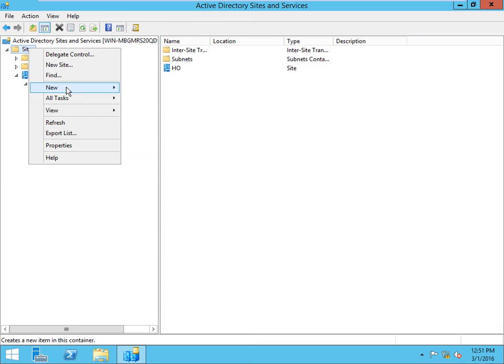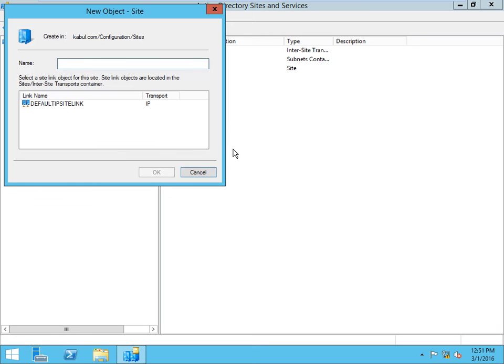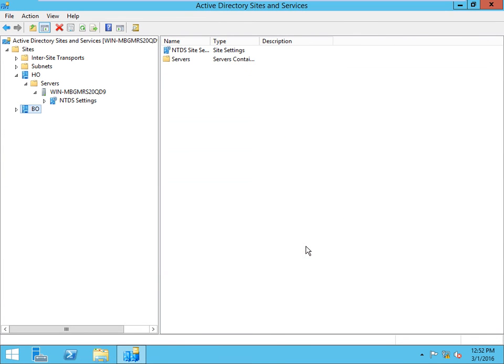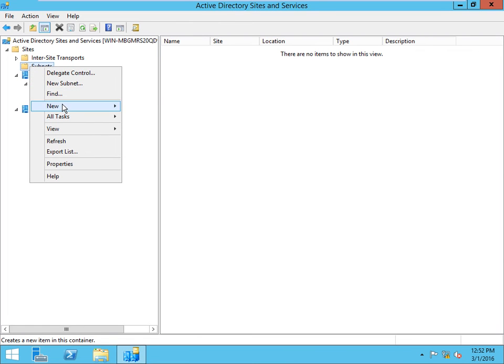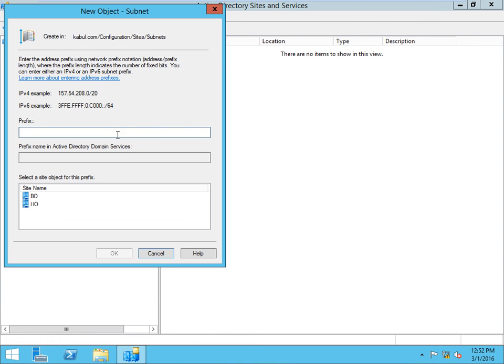Right click, new site, branch office, create like this. Okay, no problem. Now here we don't have the system, later it will come. Subnet, right click, new subnet.